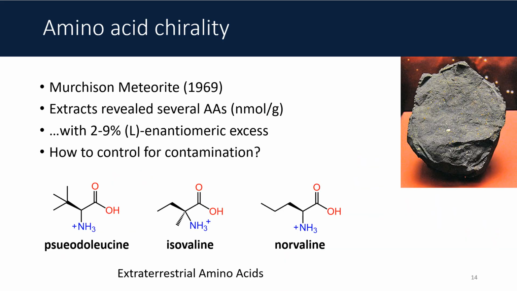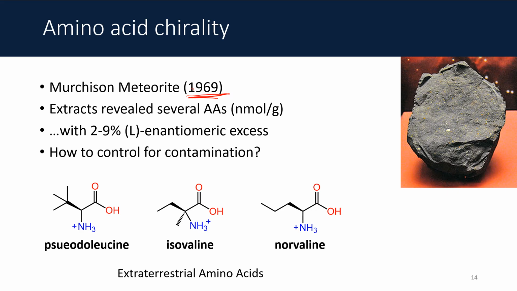Even the amino acids found in space? This is actually pretty cool. In 1969, a meteor exploded over Australia. It's called the Murchison meteorite. And scientists collected and analyzed these samples and were able to extract out a slew of complex organic entities, including